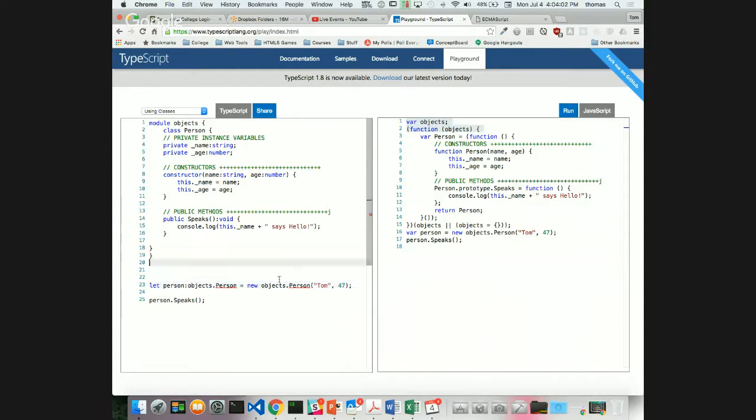So objects.person, if you notice, is not emitting properly. It's giving me an error. This is good for TypeScript. Why? Because I'm not exposing my class outside of the module. In order for me to use or consume my class, I have to use the export keyword. So I go export class,